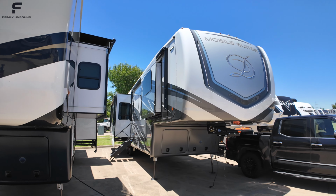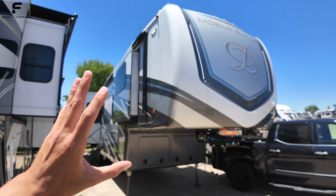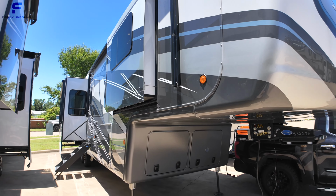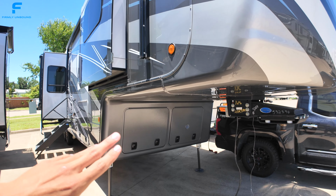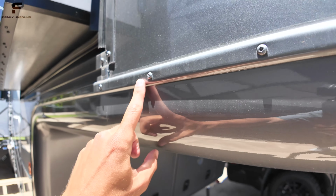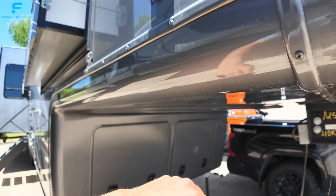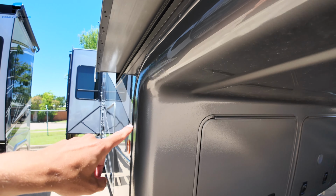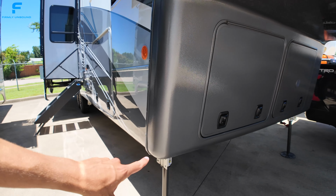Right away you can tell, I mean, a very beautiful molded fiberglass front cap, all automotive grade, with full body paint schemes on it. I want to get inside quickly because the generator is a little loud. Obviously you want to see the inside too, but you need to see your connections here. They're all screwed in and everything is all painted here. And then this is all like a fiberglass shell all the way down throughout this whole front cap area,